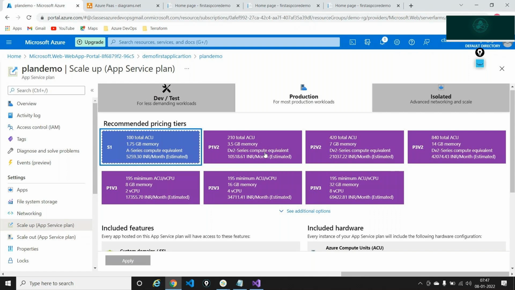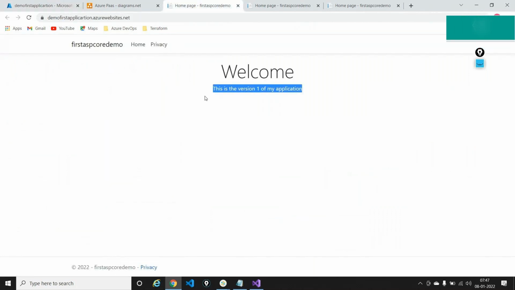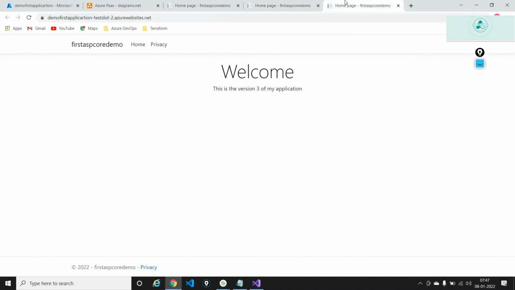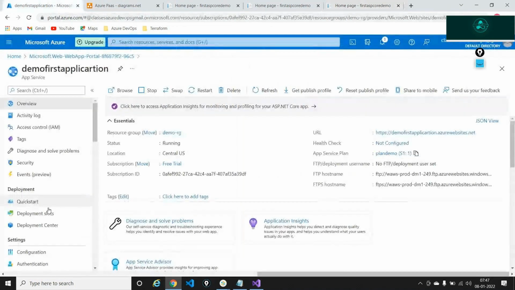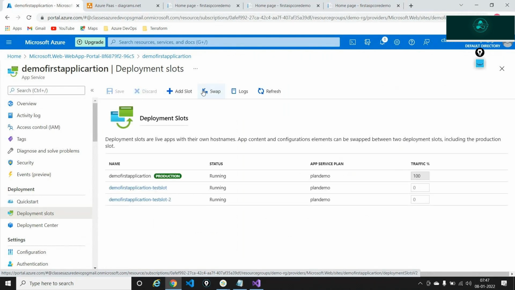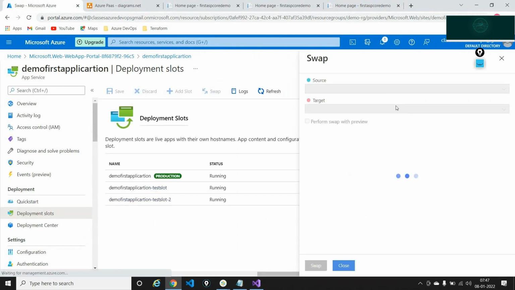Yes, absolutely. Okay, so I have the production here running on version 1. I have test slot 1 which is running version 2, and test slot 2 which is running version 3. Now I can go ahead and say swap again, and select my source and the target.